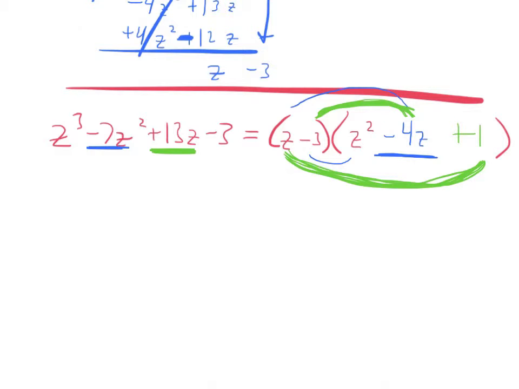And then our final confirmation is that if you did the last part of the FOIL, the negative 3 times the positive 1 would give me the negative 3 that I need for the end. That may not have been super clear, but the idea is this is a method. It can work, and there are some problems where this is actually a better suited method. So I'm probably going to do some of those as we go forward, so let's take a look at these